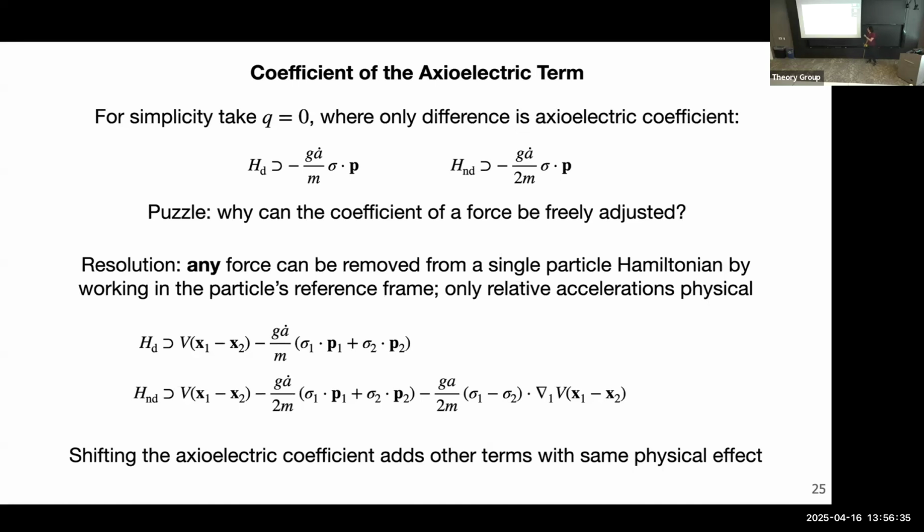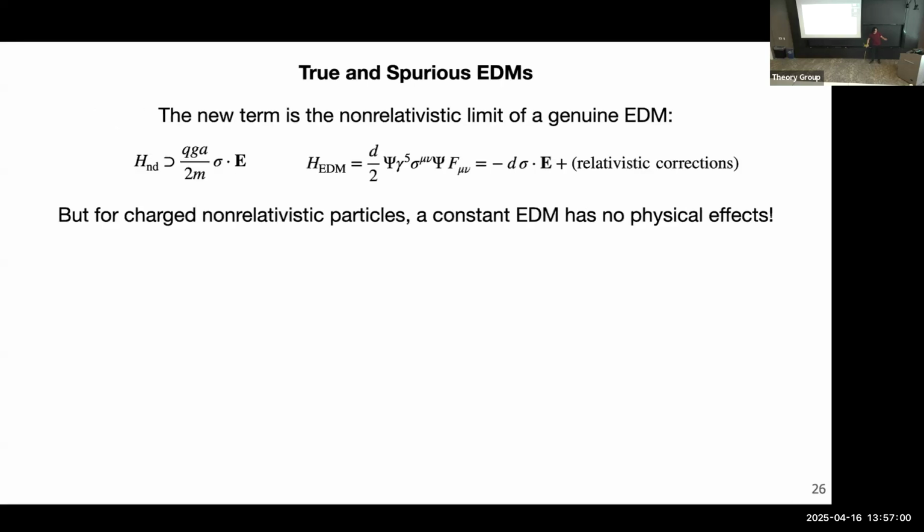So an example of this is if I had two electrons in a molecule, then the axioelectric term, and they have different spin directions, this would excite the molecule, they wiggle in different directions, and then if you try to get rid of the term, but you put this one in, this would also excite the molecule, and everything would stay the same, it's just that it's now much harder to compute what happens. And so that's why this original coefficient is actually the physically correct one. Whenever you try to adjust the coefficient, you induce other terms that do the same thing, but in an unintuitive way. So next up, let's talk about the dipole moments, the electric dipole moment.